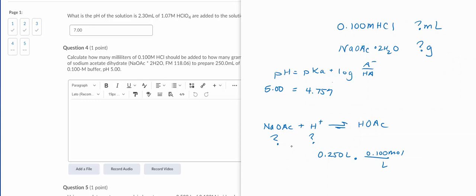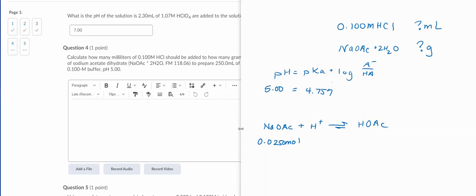of a 0.1 mole per liter buffer? So I need to know how many moles of that buffer I need. I do expect that you would be able to see that this is an acetate solution. This is an acetic acid and sodium acetate. So I'm told that I'm going to need 0.0250 moles of this acetate, and that's from the final